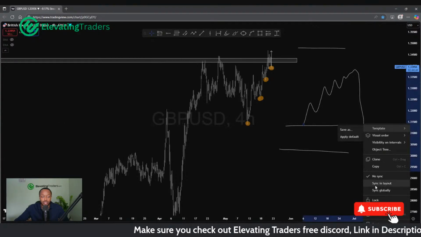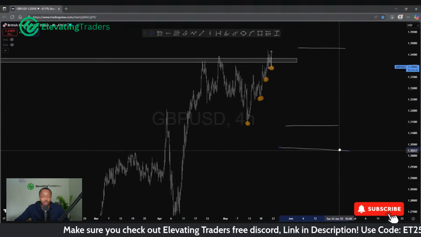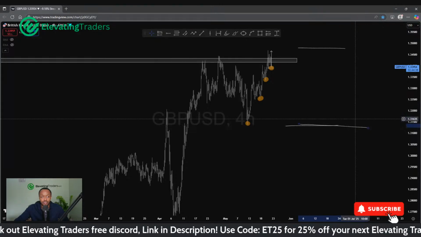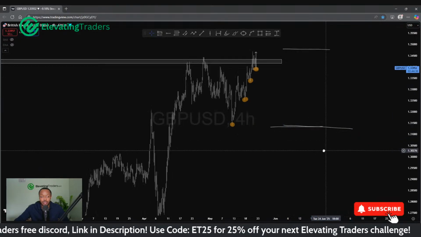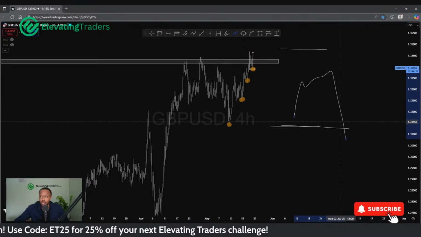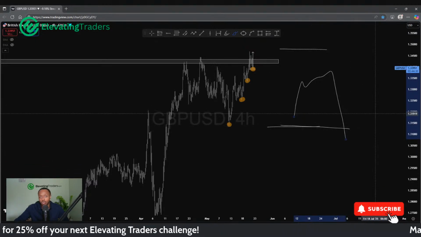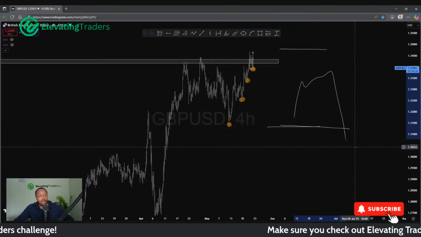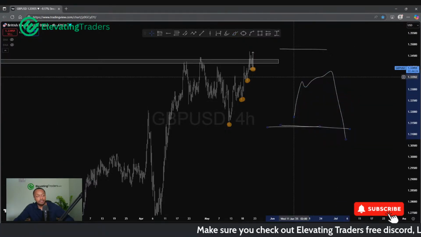Just by managing a trade, you can maybe drag stop loss into profit, or at least break even, or maybe secure a partial along the way. So worst case scenario, if the market does do that, you still walk away with a small win, or at the very least not a loss, so a break even. And that's where management comes in.